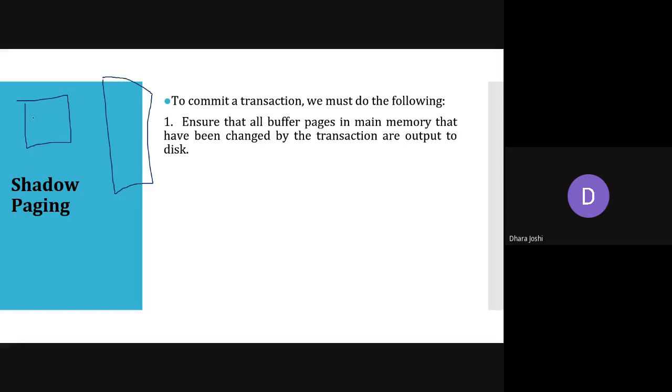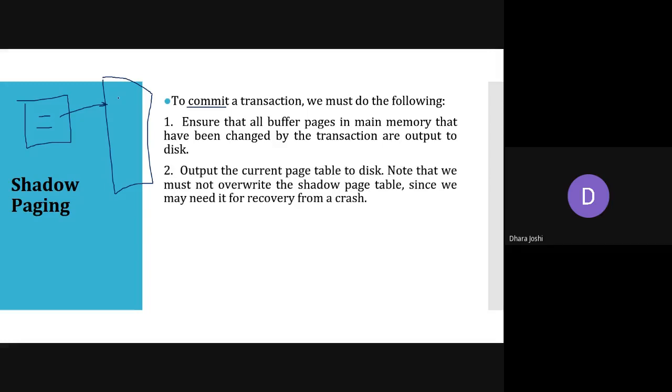Whatever write operations we make, the changes are available in the current page table. So we need to output, which means this data will be copied into the disk. We need to output this buffer. Buffer means wherever the processing has been done; it is not the permanent storage. We are doing it in local variables, and we need to reflect it into the database. Once we have a commit, this should be done: output of the current page table to disk.